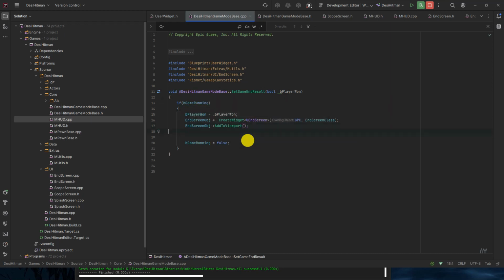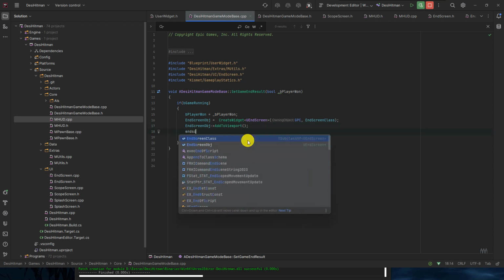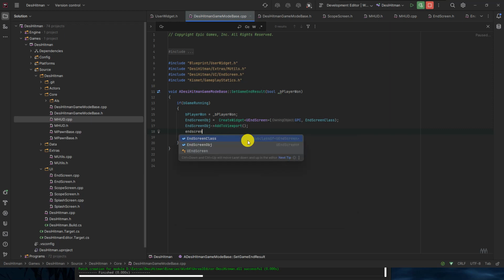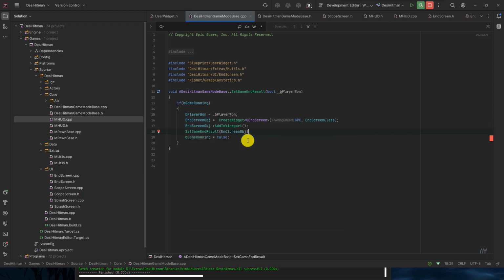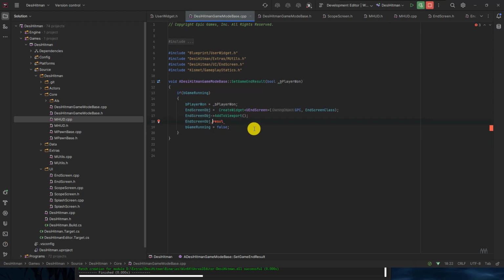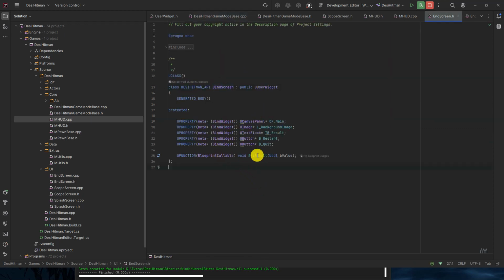That's it. Okay, no. Once we have added to the viewport, we can just set the result, EndScreenObject SetResult. No. Okay, I think this is okay.